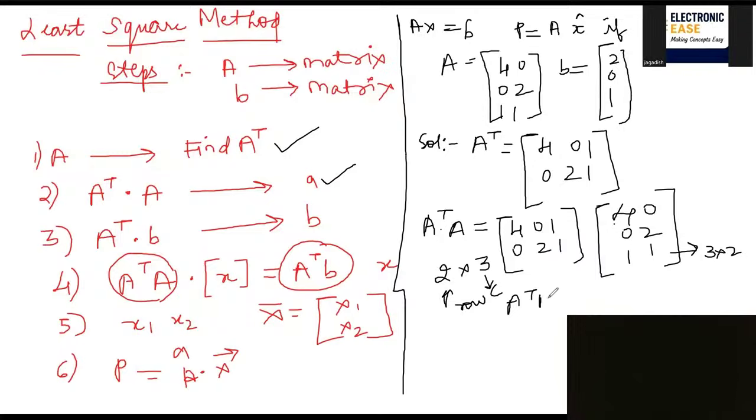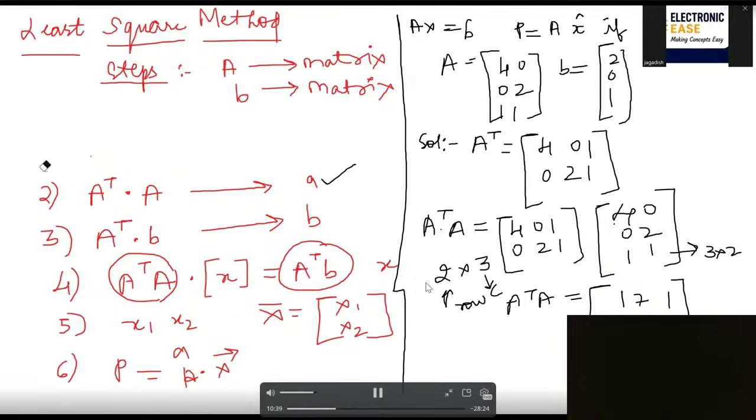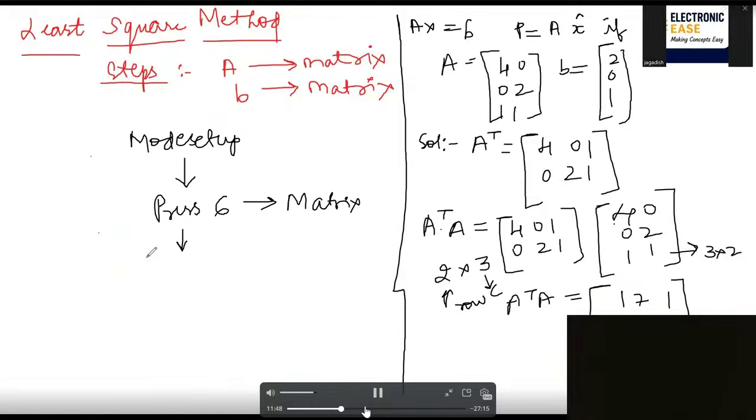A transpose into A is 17, 17, 1, 1, 5. So if you want to know the steps in the calculator, I will tell you again, but again I will not teach. So this is the first time I'm teaching you. So you need to press 1, 1